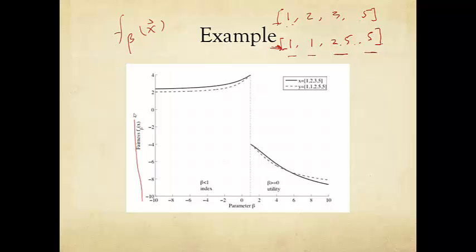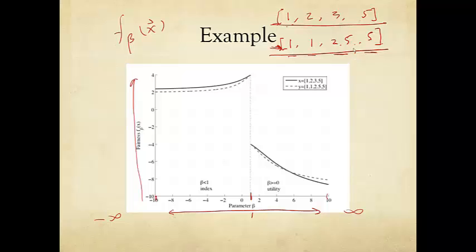We're plotting the numerical value of the fairness versus the parameter beta. Now beta can go from minus infinity to infinity. We'll just plot the part from minus 10 to 10. As we change to different beta, we will get a different function. And we see that before beta turns to a threshold value, in this case 1, this vector x is deemed as more fair than this vector y. Slightly more fair. The fairness values are pretty close. And then past this beta, there's some discontinuity in the value, but still, this vector x acts as more fair than this vector y,